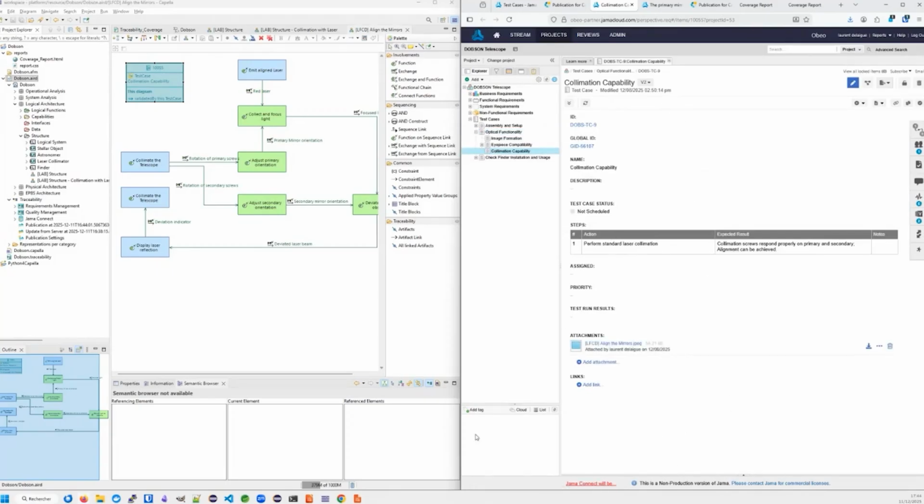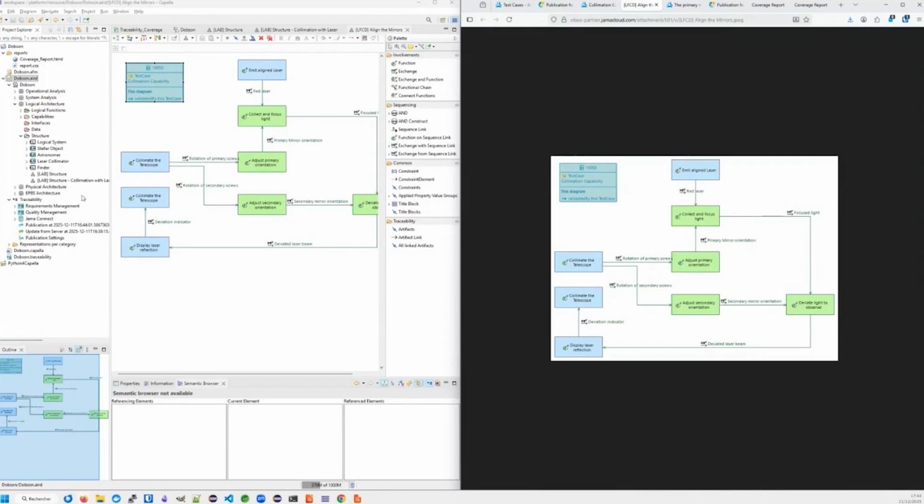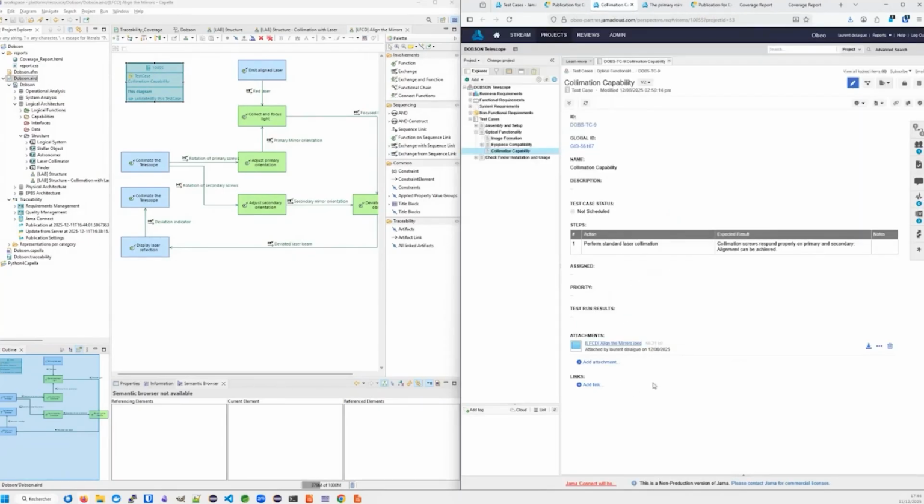And you can see on this test case that you get the LFCD attachment here. So this is really the diagram that comes from Capella. It is attached to the test case that is here. So that's very handy to have the attachment on the object itself.